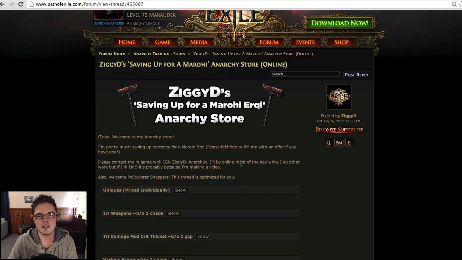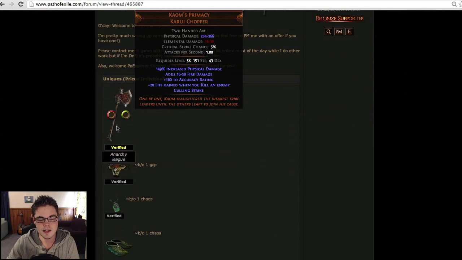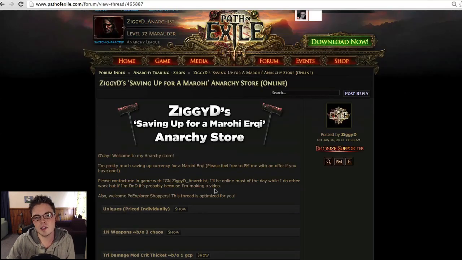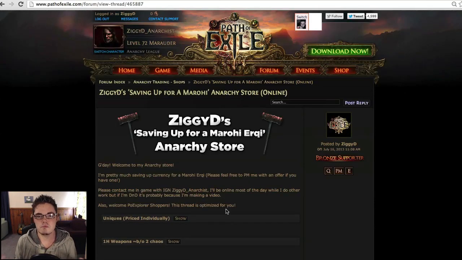Now, shops in Path of Exile aren't an in-game integrated thing. There is going to be an integrated browser-based in-game trading system coming in the future. Grinding Gear Games have hinted at this for a long time now. But for now, we just have this shop system, where you make a thread and link your items in that thread. As you can see here, I can link items directly from either my inventory or my stash, and people can browse these items and make offers in the forum thread,